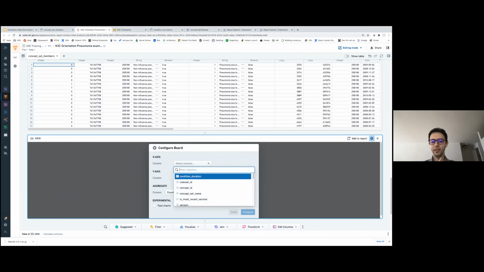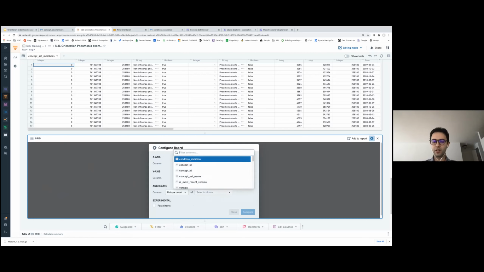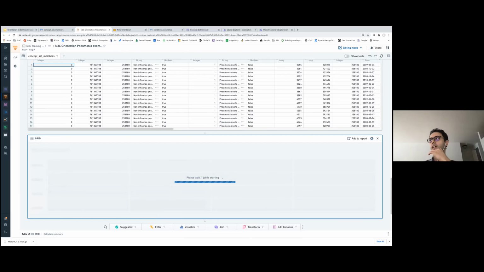So let me pick in the x-axis condition concept name, which is basically your condition, and the duration in the y-axis. And so what I want to show is a count of the patients. So unique count of person ID. And let's hit compute and look at the results.